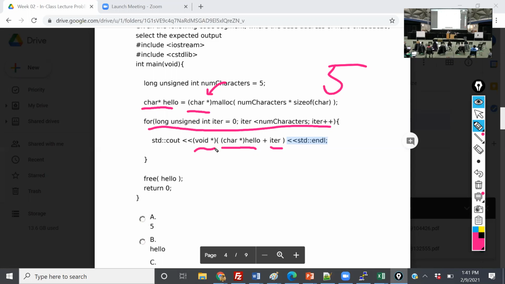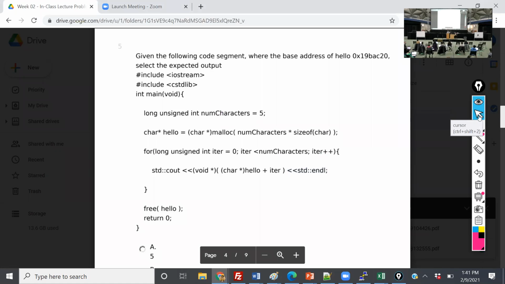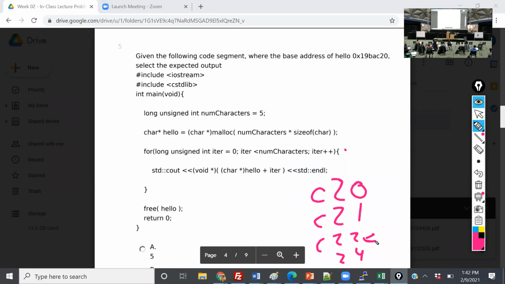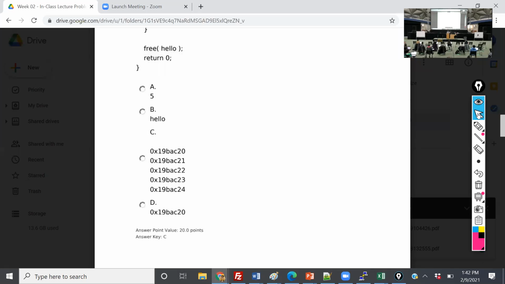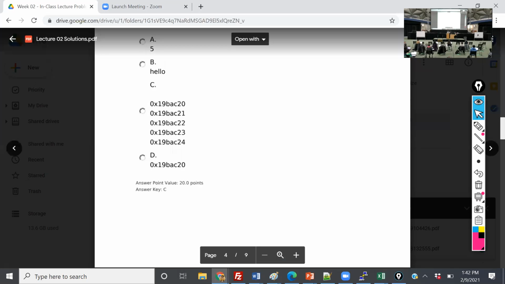And then I have void star in front here. And so what I'm actually going to do is I'm going to have this initial location. The way to approach this on an exam is I would say C20. For a character, the next iteration becomes C21, C22, and it'll go all the way to C24. So C23 is in the middle there. So therefore, the answer is C. Does that make sense? Awesome.